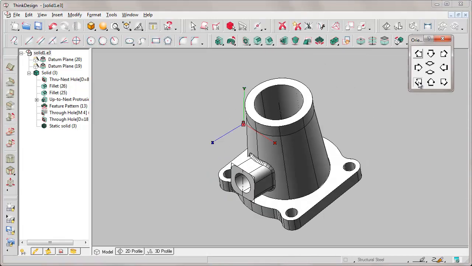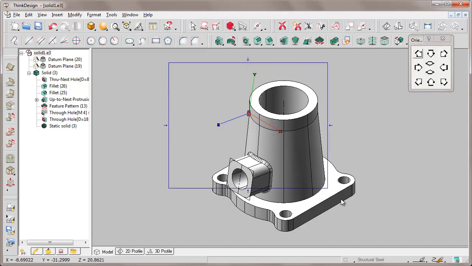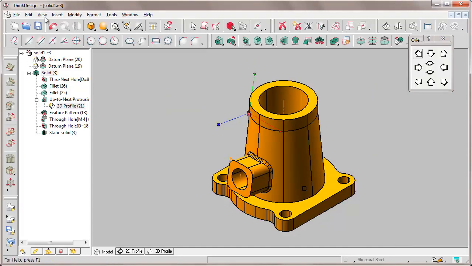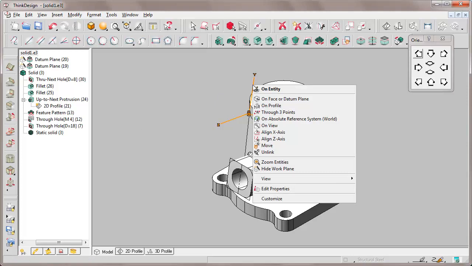We can make a selection, and by the command View, Hide Driving Dimensions, we are going to hide any possible driving dimension of the features that have been created so far.